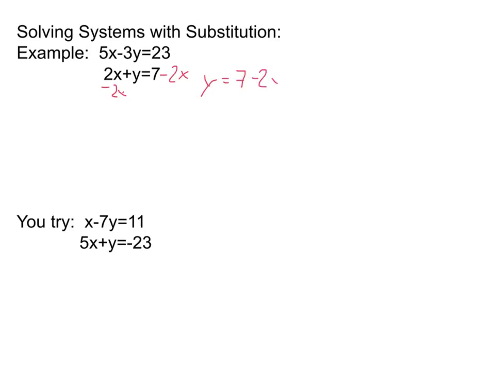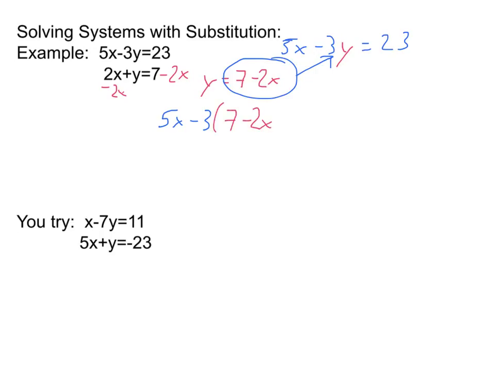7 minus 2x. Okay, the first equation, this part in blue, we have 5x minus 3y equals 23. I'm going to put the y in red. Now, I know that since this is equal to y, I can substitute 7 minus 2x in place of that y. So I'm going to do that. 5x minus 3, and then instead of y, we have the parentheses 7 minus 2x. That's what y is equal to,